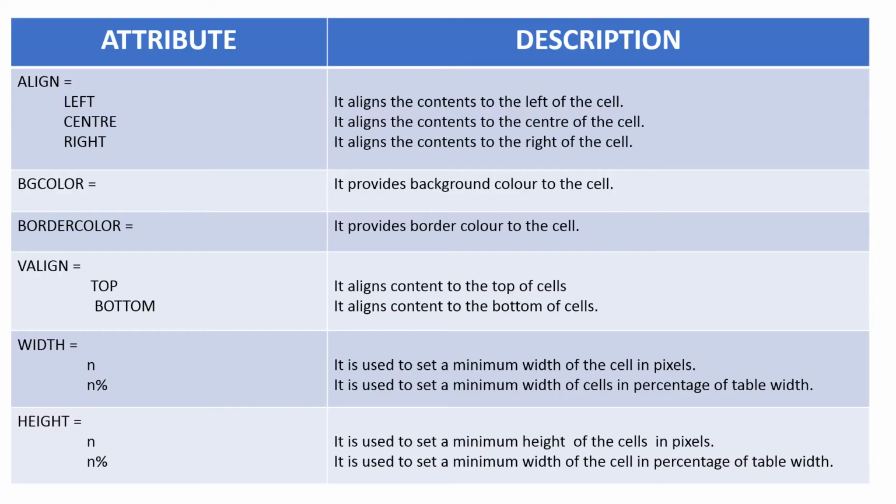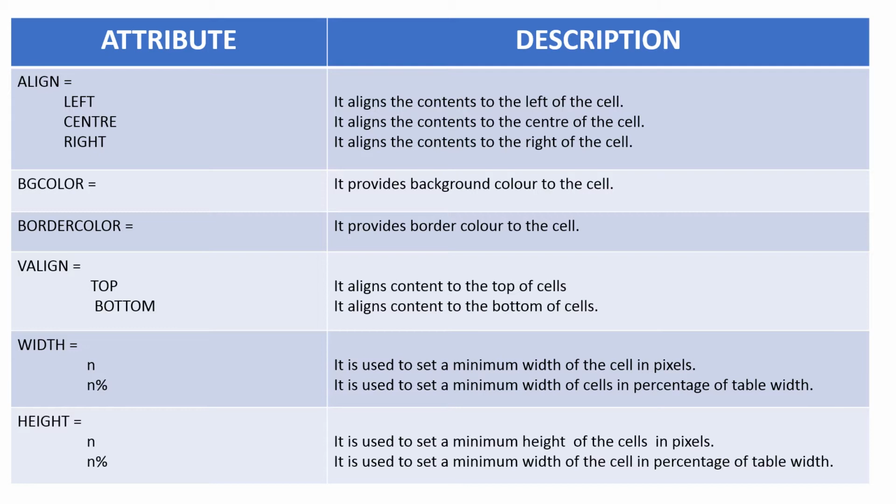Now on screen you are seeing certain attributes that you can add in the table row tags and table data tag. Okay. Now the only difference between the attributes of the table tag and table row tag is when you mention the attribute in the table tag, your changes are applied to the whole table. But when you mention the attribute inside the table row tag, inside the TR tag, your changes are applied to that specific cell or row only. Fine. You just go through these attributes. It is similar to that of the table attributes that we have seen in the last class.